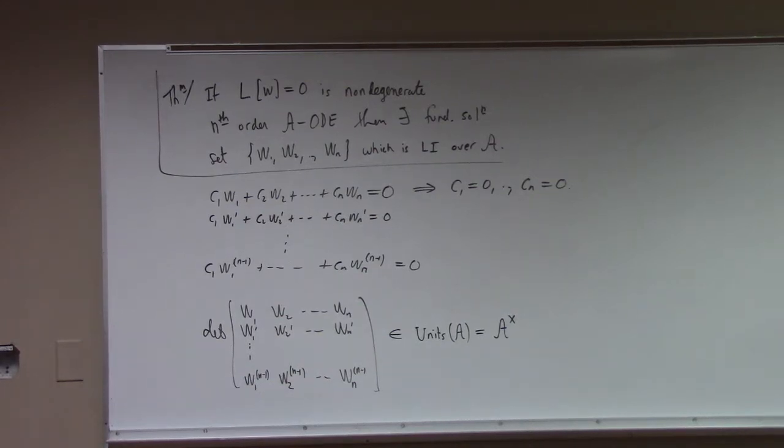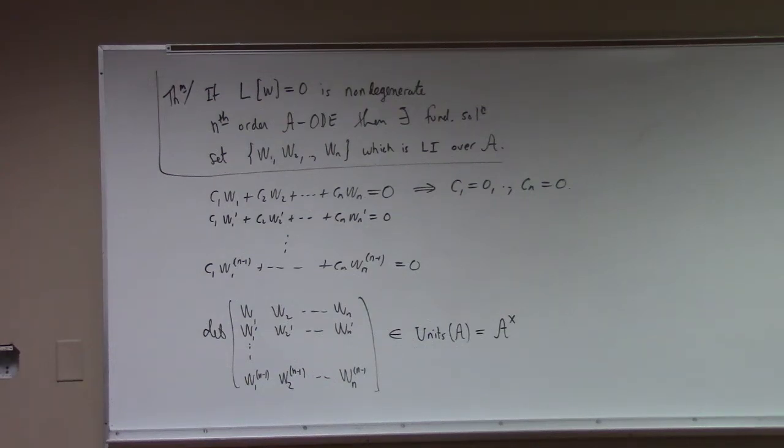But anyway, whatever the notation is, if that's a unit, then we're okay. Then that implies that that matrix is invertible, and consequently, you can solve the system of equations above uniquely for the zero solution, which is what we need for linear independence. Now, if that determinant works out to a zero divisor,